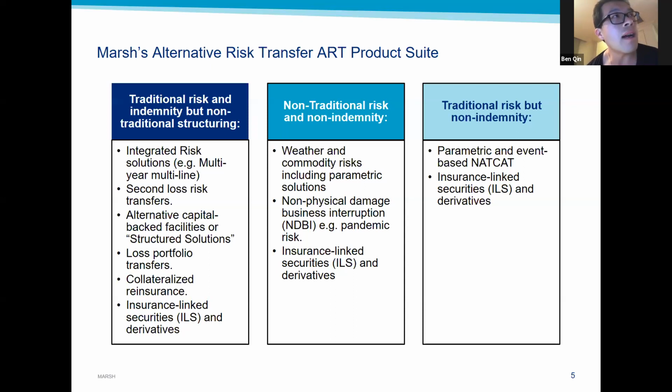And that's where the whole concept of non-indemnity solutions pop up, right? So if you think about traditional insurance, what is the difference between your typical indemnity solution, which indemnifies the insured back, restores you back to the position before the loss, compared to a non-indemnity solution, which is typically a pre-agreed claim, right, or pre-agreed